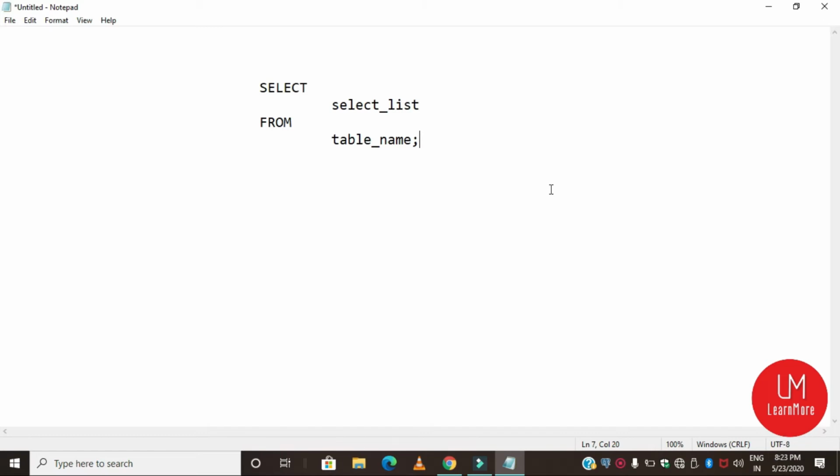And if you want to select all columns, then you can use the asterisk symbol. That is a shorthand method for selecting all columns instead of specifying the whole column list. Then second, you have to specify the name of the table from which you want to query data after the from keyword. Okay, let's take an example.